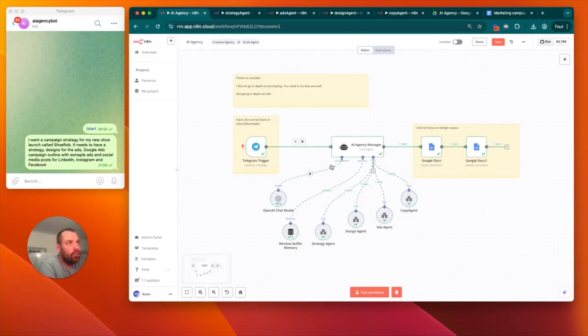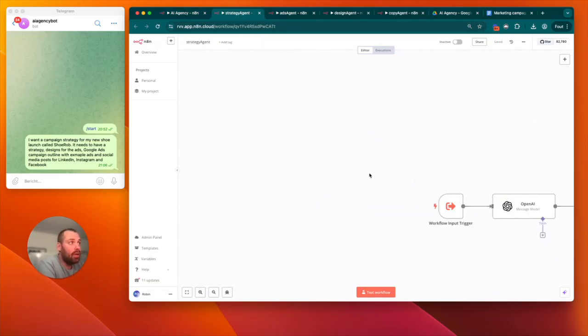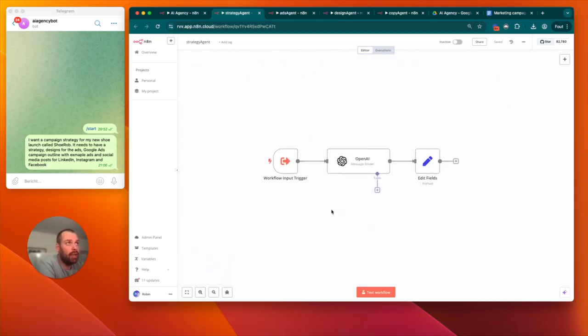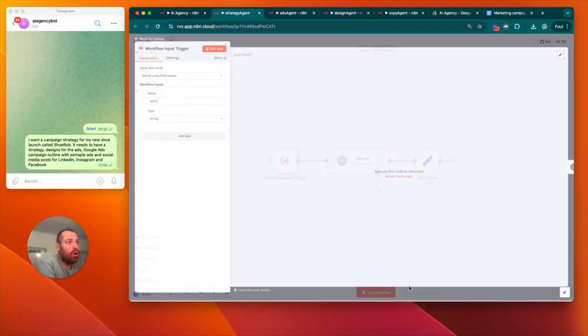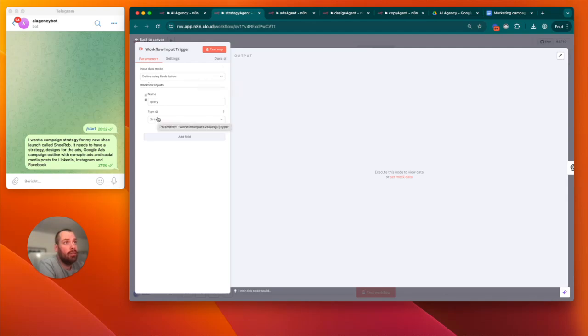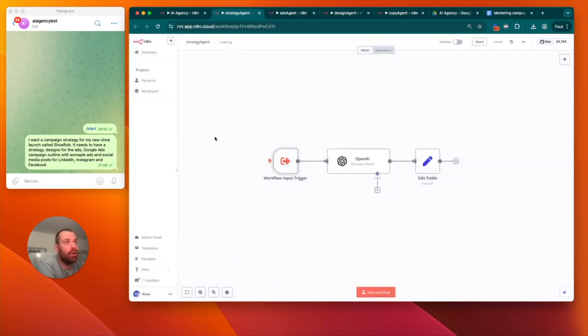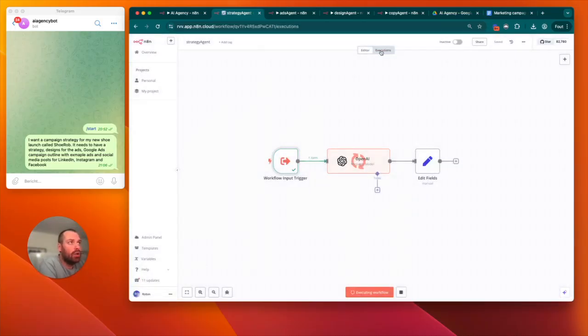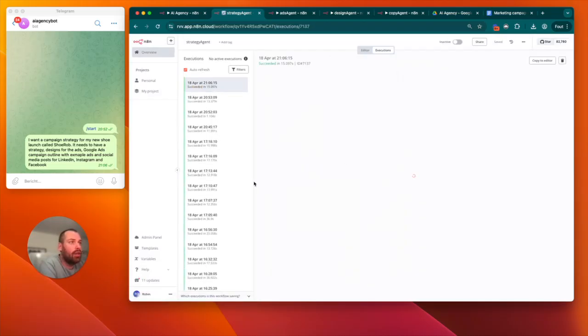And then what you need to do is make four different agents that connect to the agency manager. So you basically build another n8n workflow, an n8n agent, where the workflow input trigger is basically the query that it gives. If we check out, I don't know if I can test it, let's test it out. I don't think the query will work, but if we go to the execution part right here,